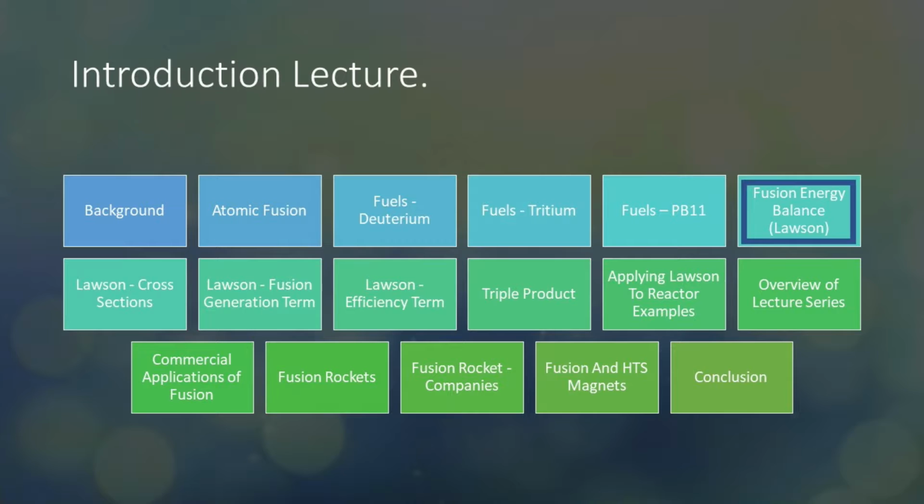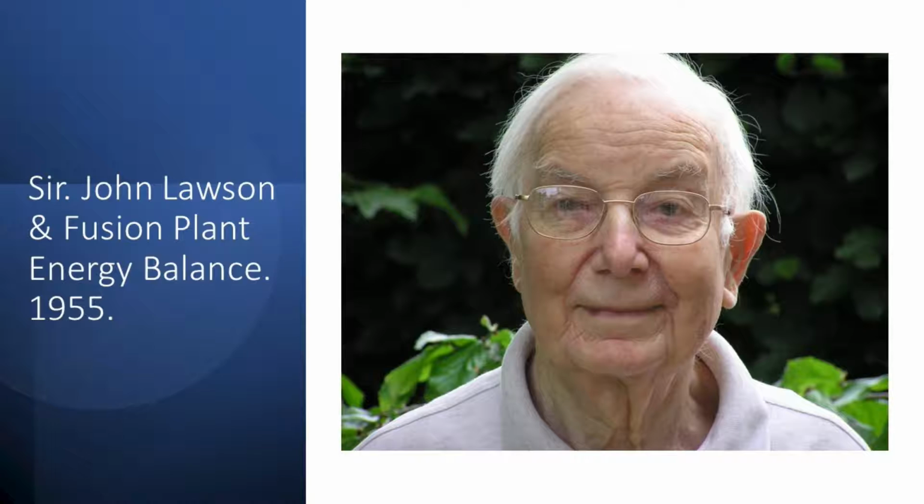Fusion as a power plant was first spelled out in the 1950s. One of the seminal papers on this topic was written by John Lawson, a British electrical engineer. He was eventually knighted for this work, so you call him Sir John Lawson. But he was an engineer, and he was imagining what a fusion power plant would look like